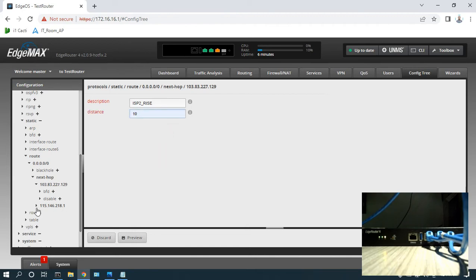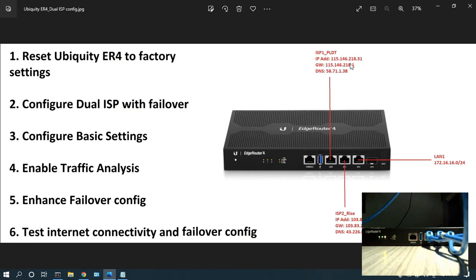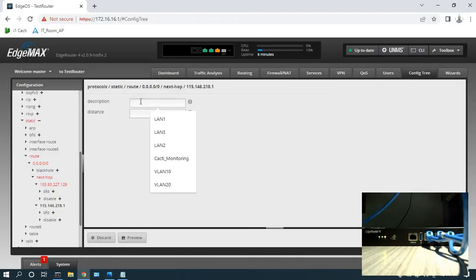and then that's it. Let's go to the gateway of primary. That is PLDT, as you can see in the diagram below. Gateway is this one. We're going to set the description on primary ISP, ISP1_PLDT. Let's set a lower administrative distance compared to the secondary. So the trick is the lower the value of the administrative distance, that is the one being used in selecting